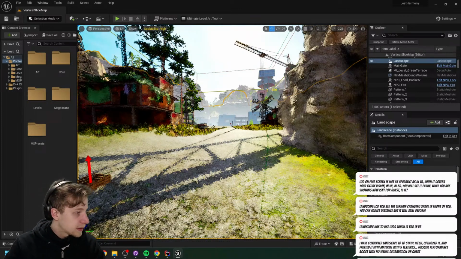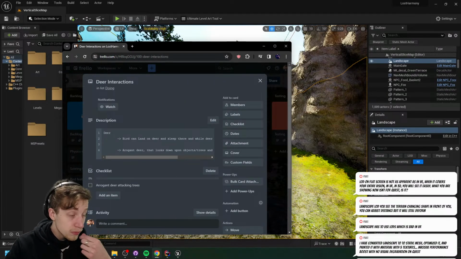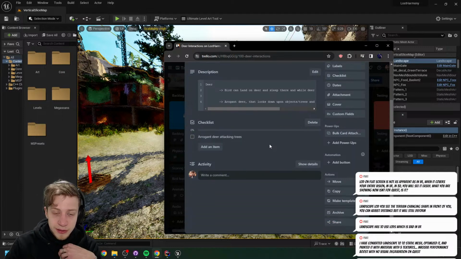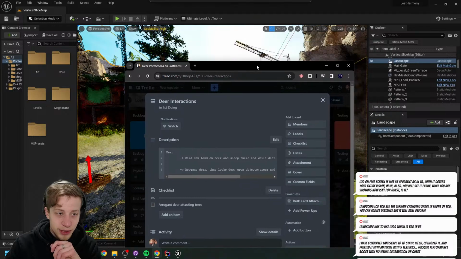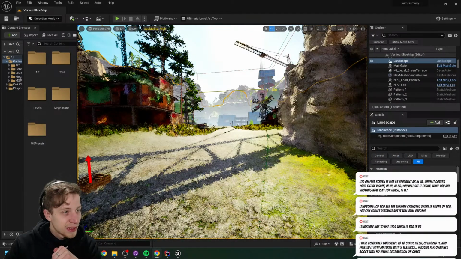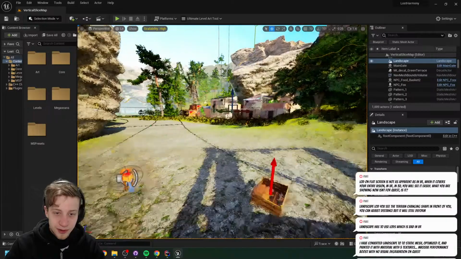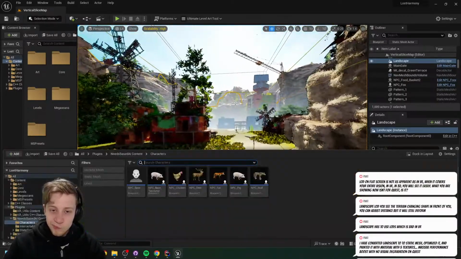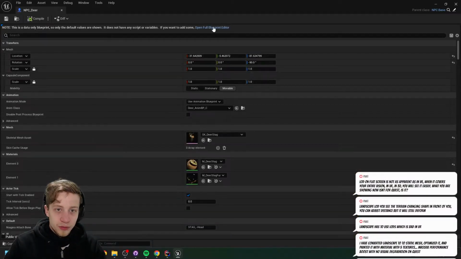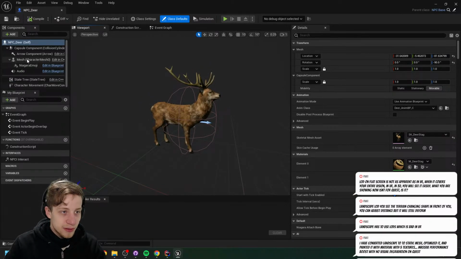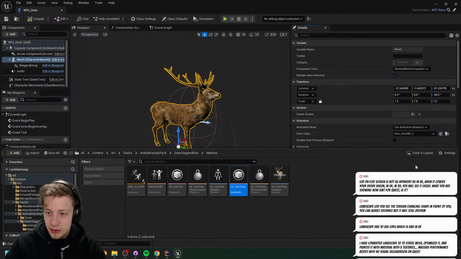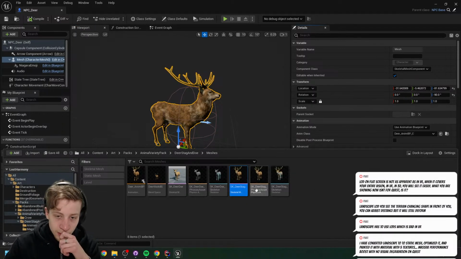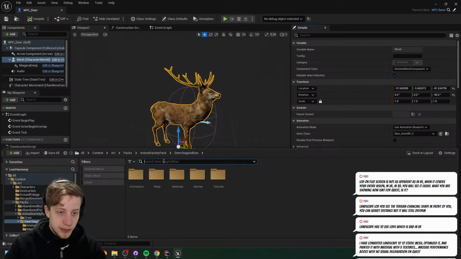Okay. Let's see. I wanted to do something with deer interaction here. We brainstormed some interactions for the animals, so let's start with that. I want deer to be attacking the trees. Let's see if we have at least some animations for it first. Maybe we could get deer to attack each other? That would also be pretty interesting, I suppose. But let's leave it for a bit later. I think at this point we are finally getting into a stage where we are gonna make a different state for different animals. I'm gonna first see the animations.